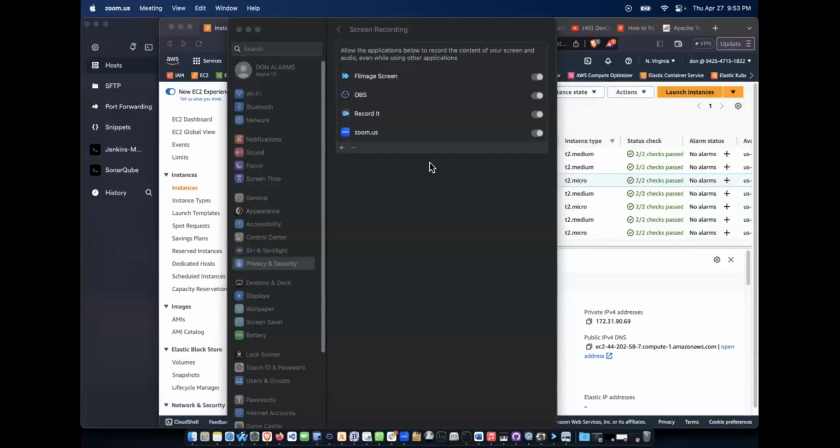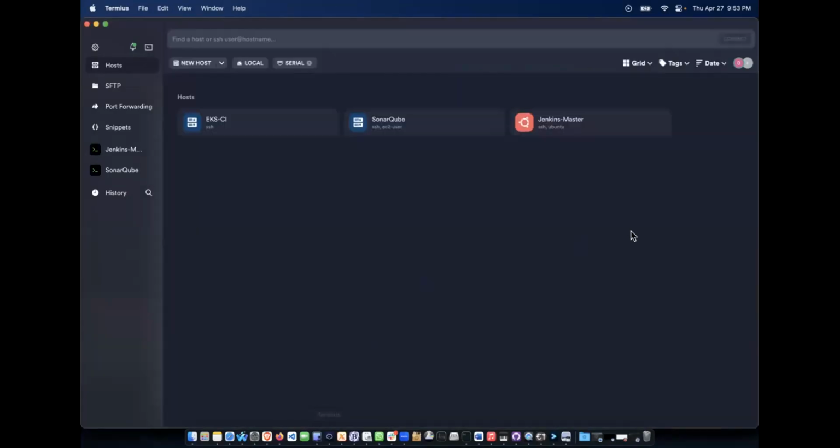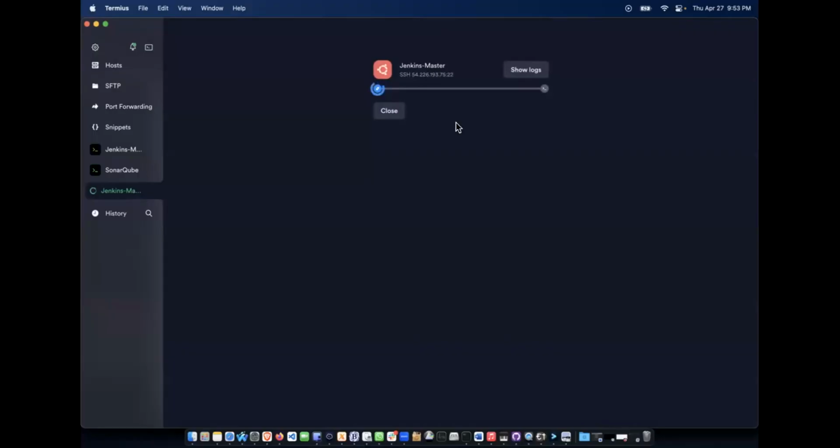I'm trying to share my screen right now, but it's forcing me to leave the meeting. No, there is an option called share screen. You can do that. Okay, can you see it now? Yes, I can see. My problem is, when I go here,